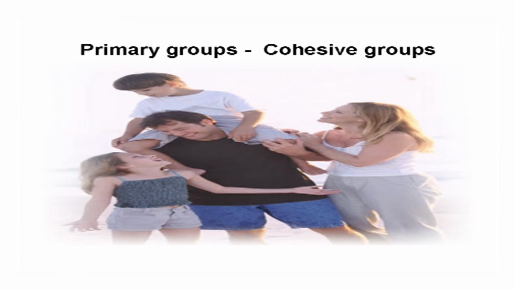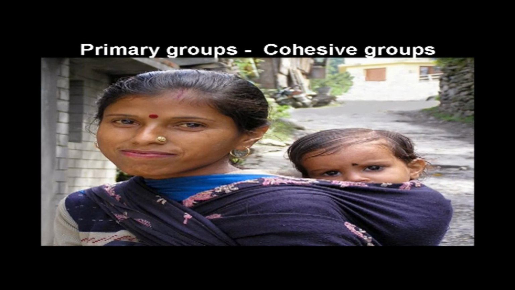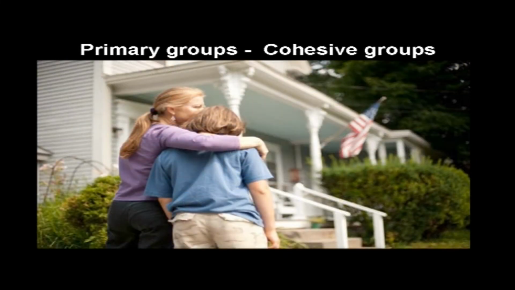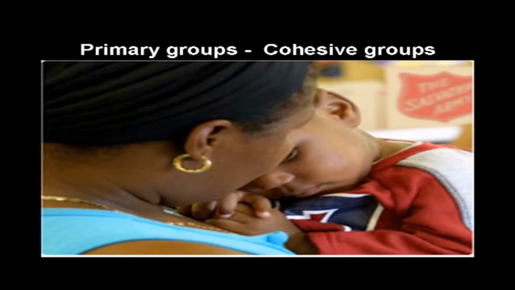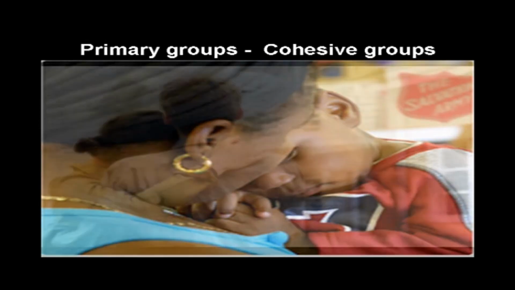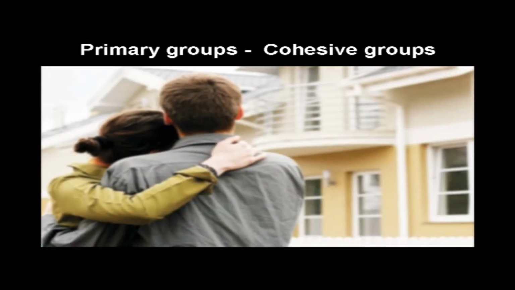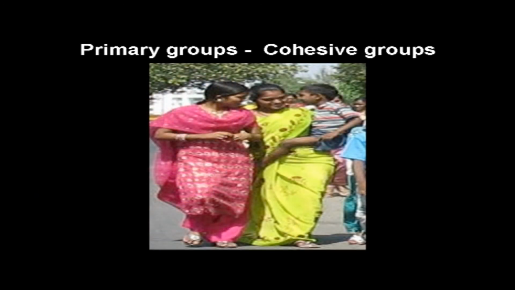The fourth one is that primary groups are cohesive groups because the members are united in a process that aims to achieve common interests. At times of crisis, the group members stand united to solve it. For instance, the lineage group members might have differences of opinion, but at times of calamity, they are united to face the opposed group.